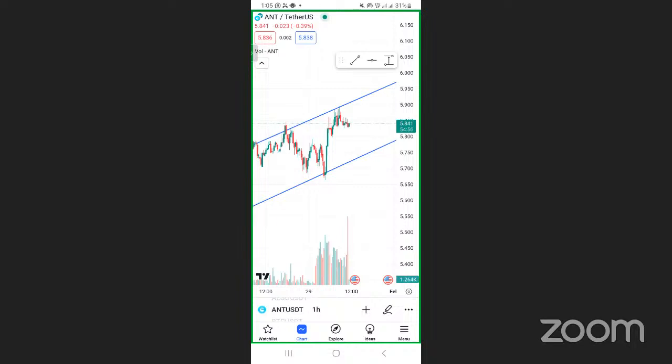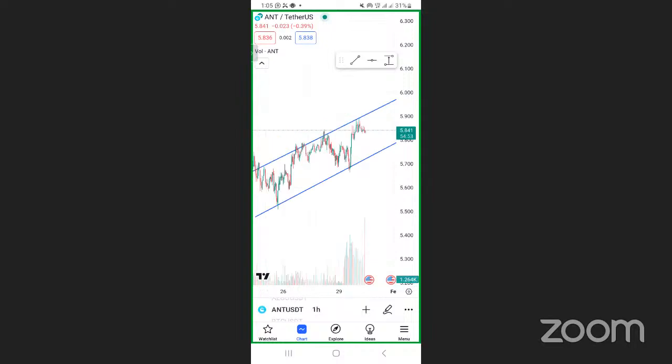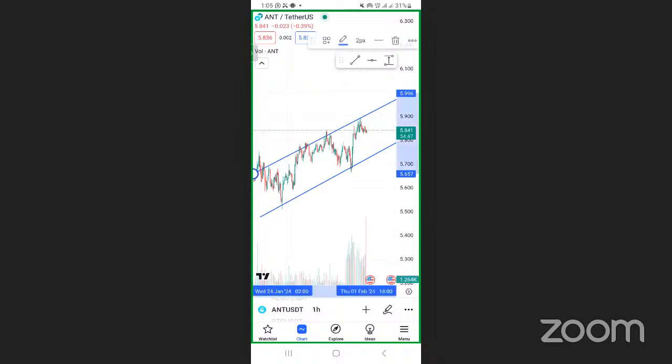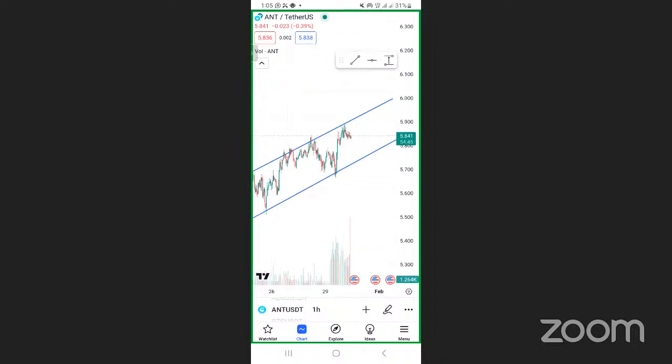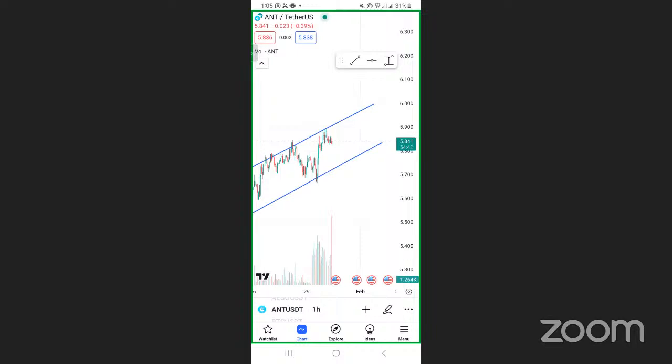Yes, because Bitcoin is trading in a clear trend line. You get it? It has already visited the upper line. So there are higher chances that for it to continue going up, it will first of all come down and hit this line. Are you seeing it? Then it will continue.